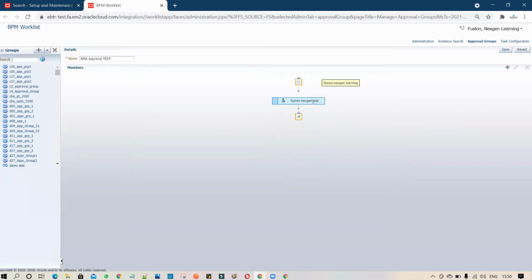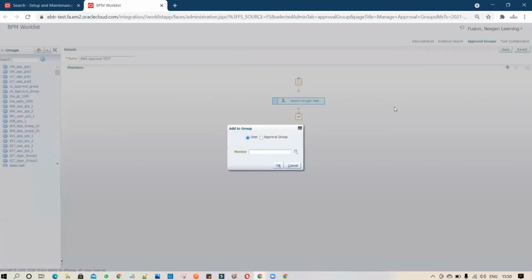You have to select the same member, and now you have to click on plus icon. Let me type it and show you how you can add it. Next gen, and we'll search learning. Once you click on OK, let me search the new member and we'll try.